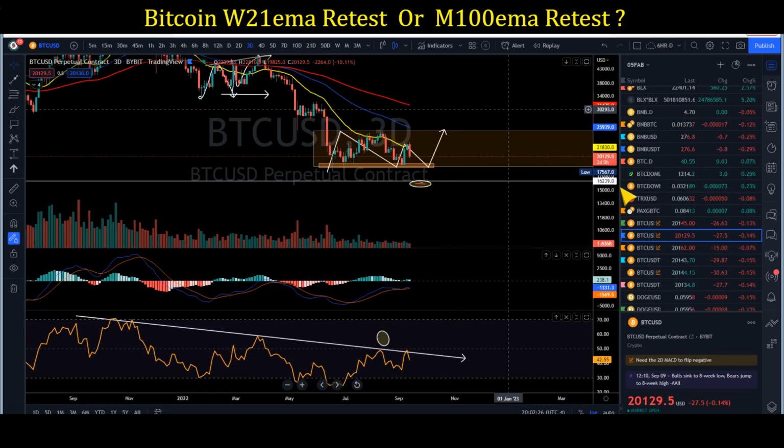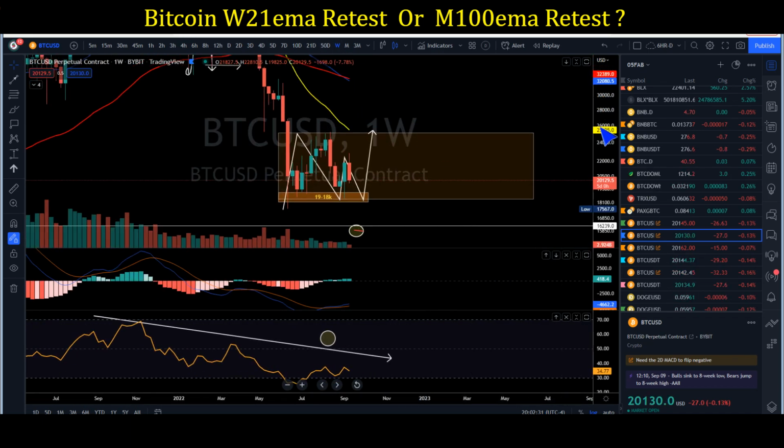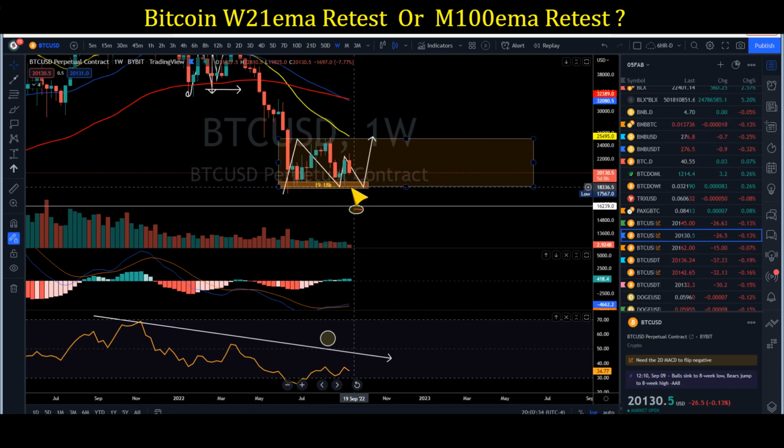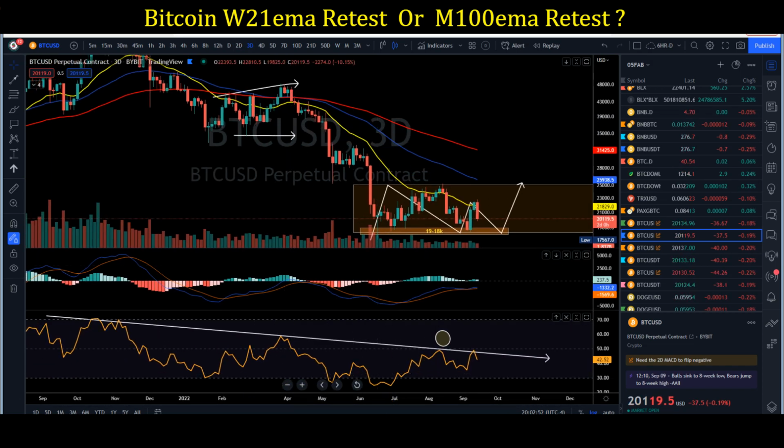If we take a look at BTC on a weekly basis, it can still retest the weekly 21ema if it doesn't break below the support area right here. As I said previously, as you can see on the low degree back in the first quarter, after the February dump, BTC pushed to the upside and dumped right back down. You can't see it on the weekly, but it looks clean on the 3D basis. It pumped from the 0.786 around 34k, pumped right back up to 40k, and dumped right back down to 37, 38 before pushing back up to 48.